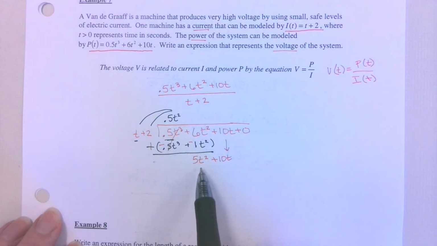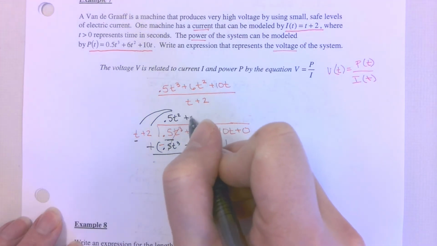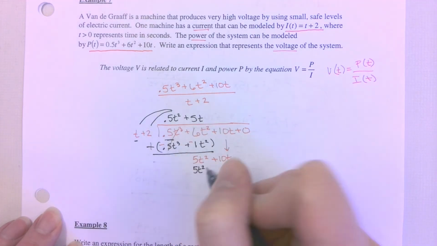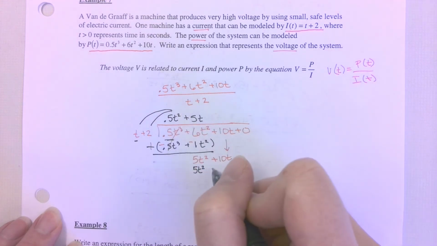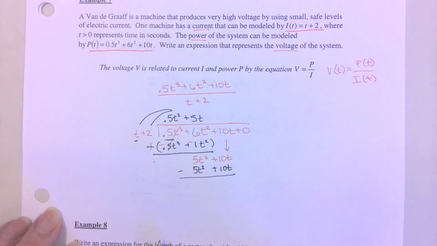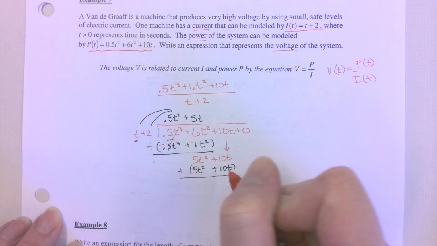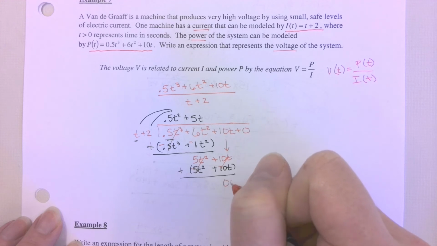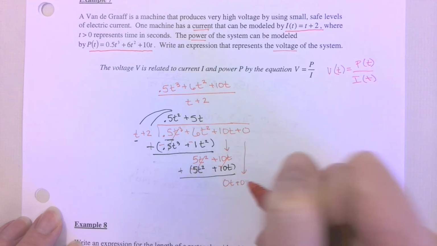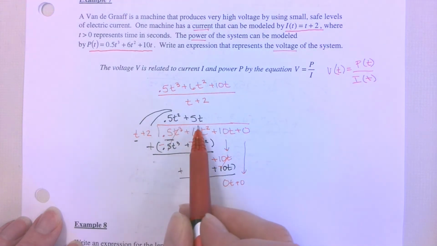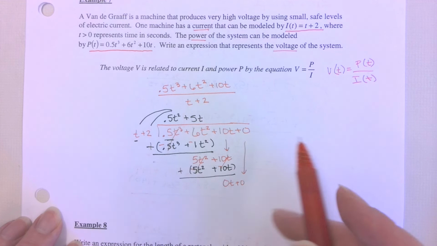I'm going to take that t and multiply it by 5t, so a positive 5t goes up here. 5t times t is 5t squared. 5t times 2 is a positive 10t. So we can see that everything matches out. When I come in to change my signs, I see that everything cancels and I'm zeroed out, and that'd be 0t, and the next term is 0. What this means is that 0.5t squared plus 5t is my factor, and it divides evenly